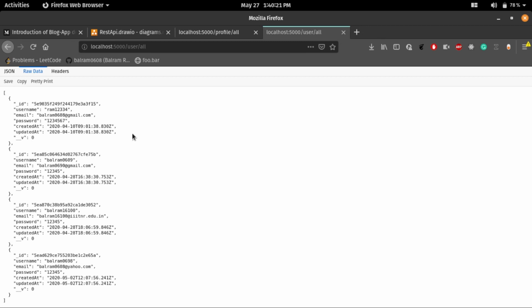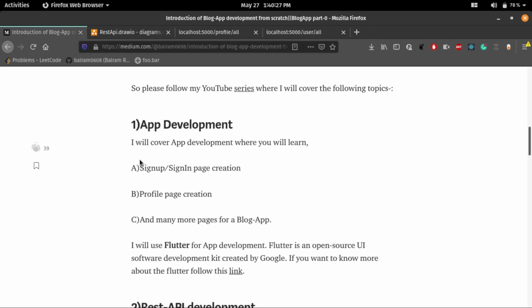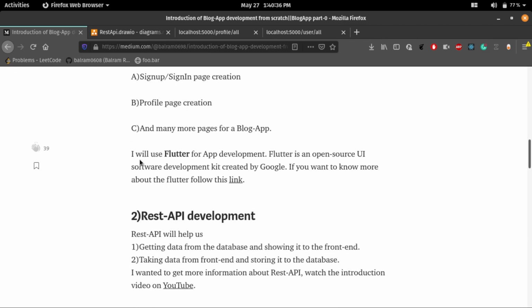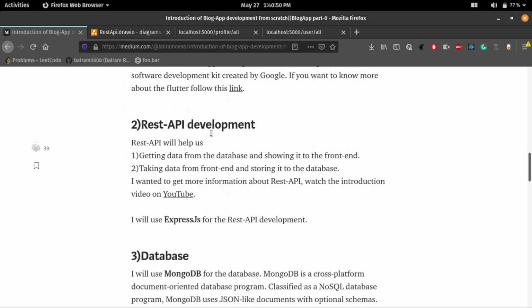The second thing is a brief idea of what I will cover through this series. I will cover the app development part. I already developed the sign up and sign in screens. I will also develop the profile screen, home screen, and other things required for a blog app. I am using Flutter for the app development, and for the REST API development I will use Express.js, a JavaScript framework.